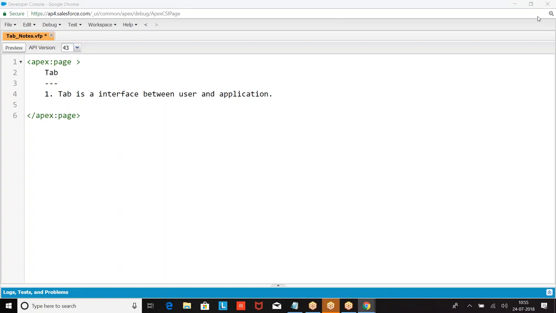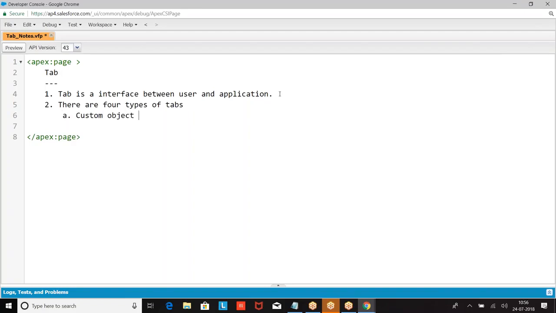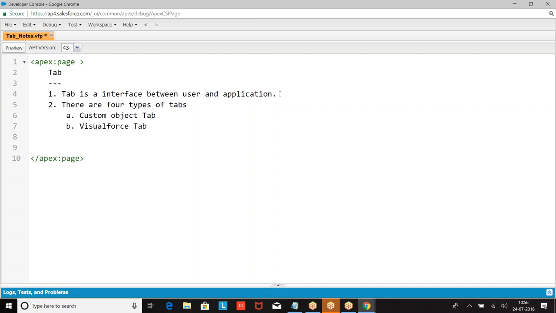Now there are 4 types of tabs. One is custom object tab, Visual Force tab, web tab, lightning page tab.